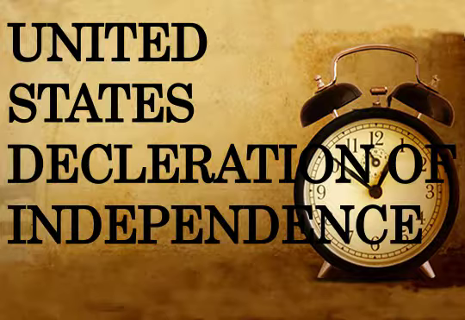The declaration was ultimately a formal explanation of why Congress had voted on July 2 to declare independence from Great Britain, more than a year after the outbreak of the American Revolutionary War. The next day, Adams wrote to his wife Abigail, "The second day of July 1776 will be the most memorable epocha in the history of America." But Independence Day is actually celebrated on July 4, the date that the Declaration